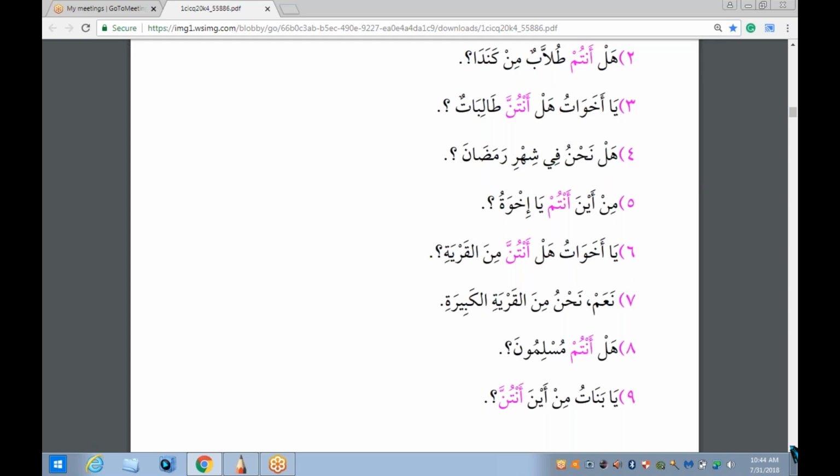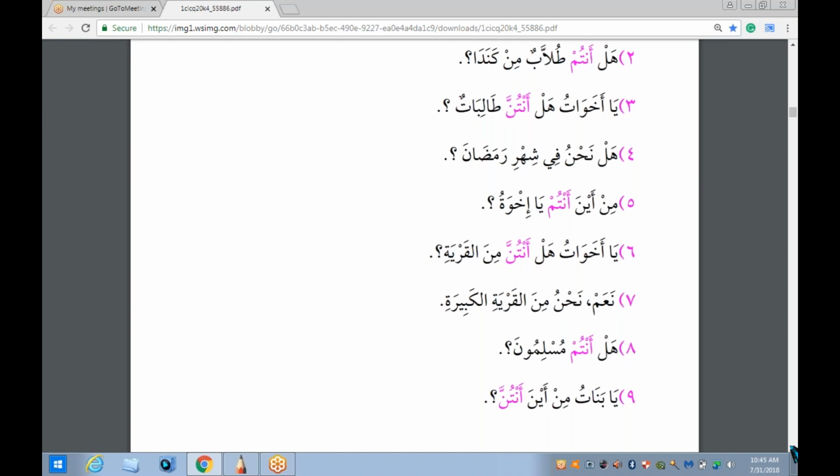نحن من القرية الكبيرة. We are from the big village. نعم. Sisters answer quickly. نعم نحن من القرية الكبيرة. We're from the big village. That's understood يا مالك. طيب. هل أنتم مسلمون؟ نعم يا محمد. Are you all Muslims? يا بنات من أين أنتن؟